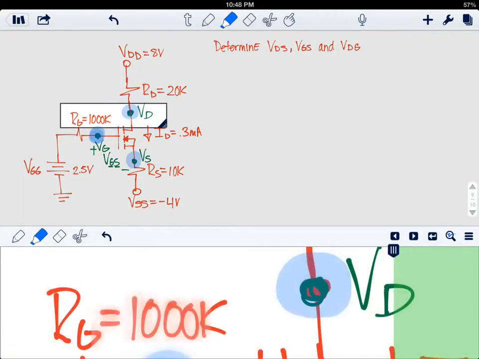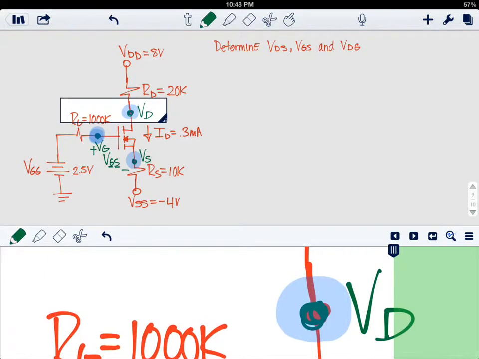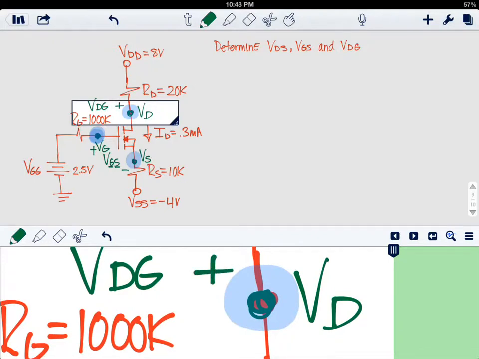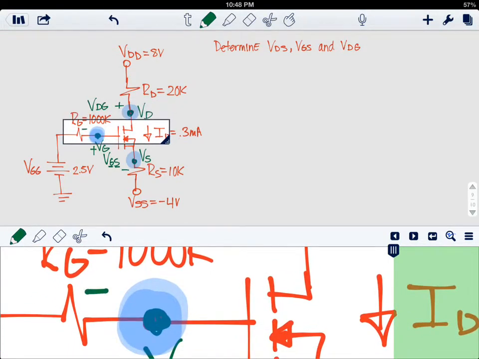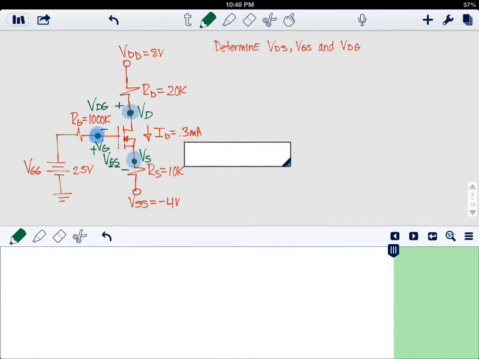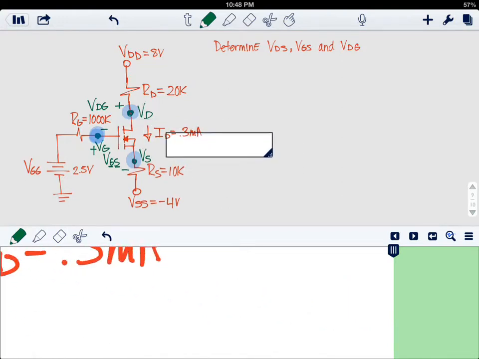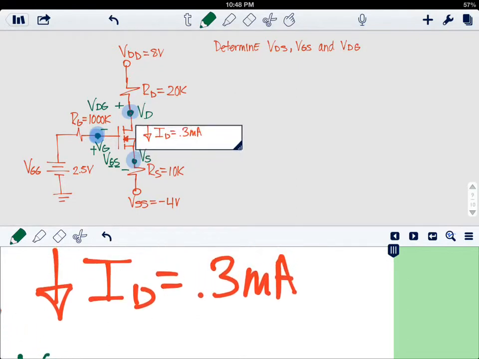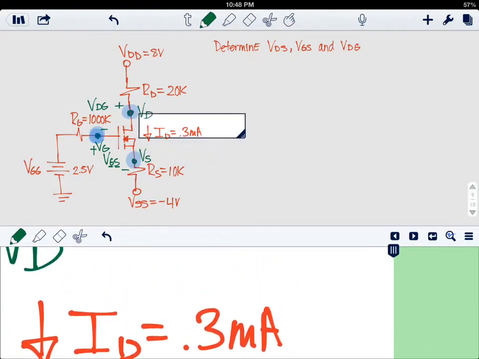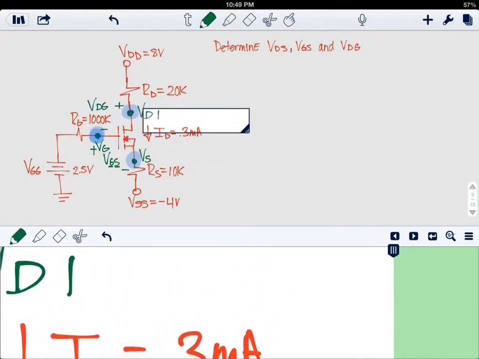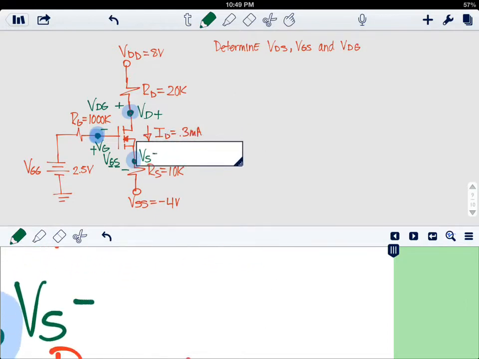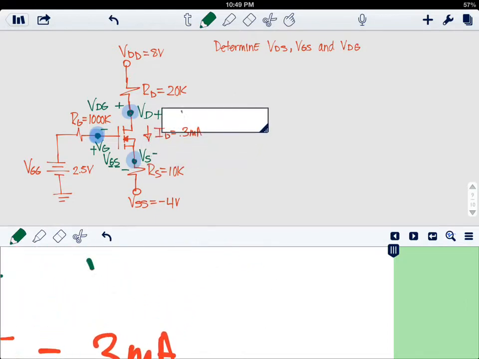And to determine the voltage VG, we are putting the positive lead here and the negative right here, saying this is positive and this is negative. And we also want to get the voltage from here to here,